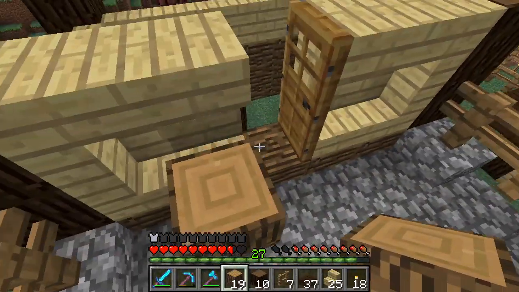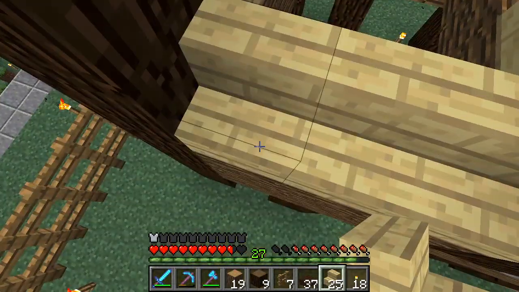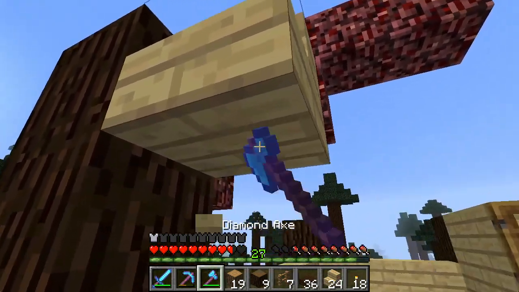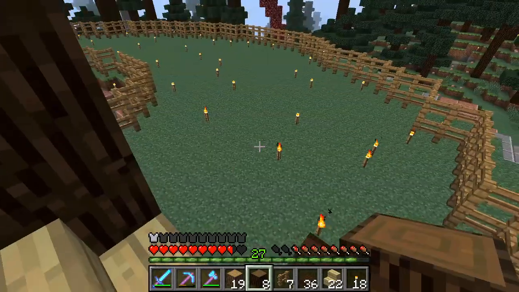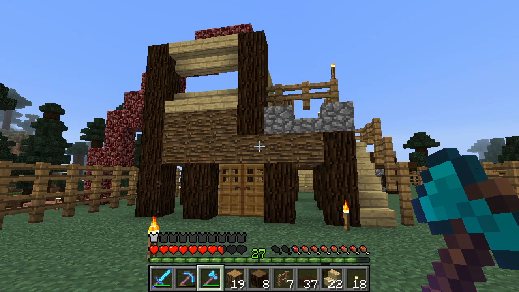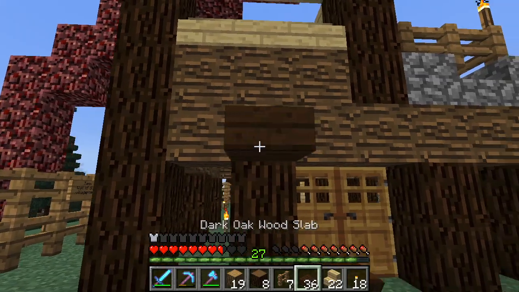Let's see. But if we do a window here, then it would need to go right there. And then we can have the flat roof on top of that, which would be different than the one next door, but that's okay. They can be a little different from each other. That looks weird. It looks weird. Yeah, not in love with it, so we need to break...